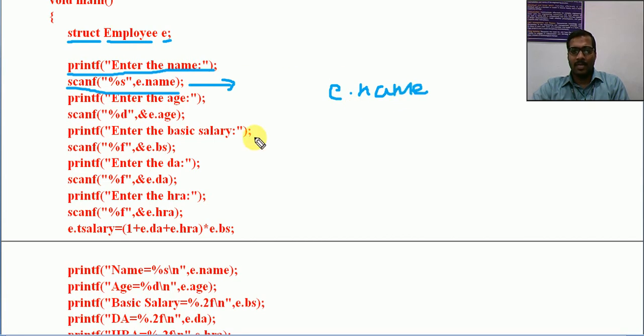For accessing any element, structure variable dot member. If you want to access mark, E dot mark. If you want to access basic salary, E dot BS. If you want to access total salary, E dot total salary. This is the way we access the individual members present in a structure.